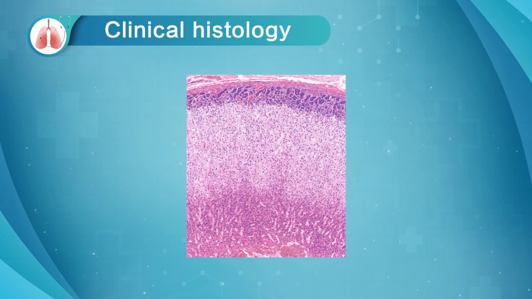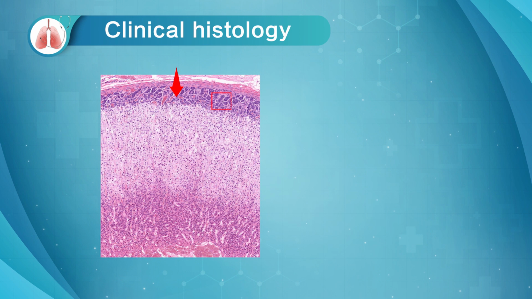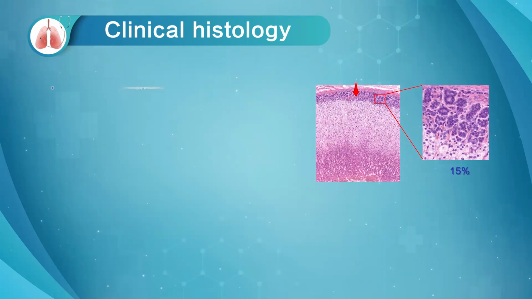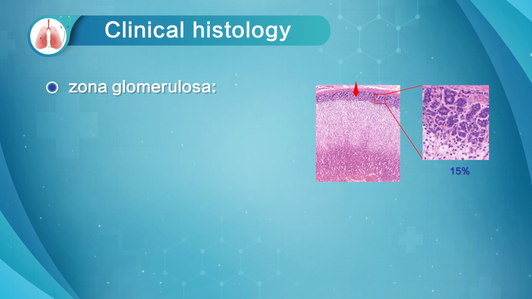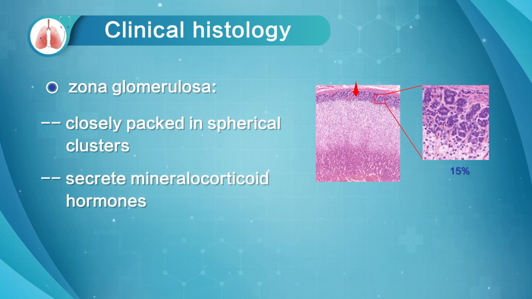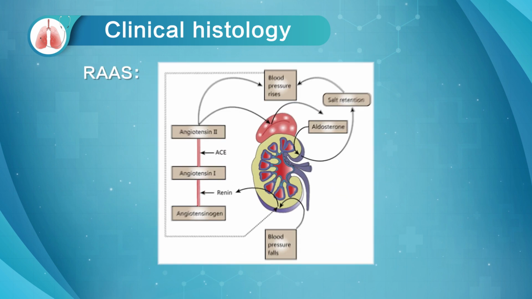The zona glomerulosa, immediately beneath the capsule, comprises about 15% of the cortex. In this area, round or columnar or pyramidal cells are closely packed in spherical clusters. Cells in this zone secrete mineralocorticoid hormones which can regulate the balance of water, electrolytes, sodium, and potassium through the kidney. These hormones form part of the